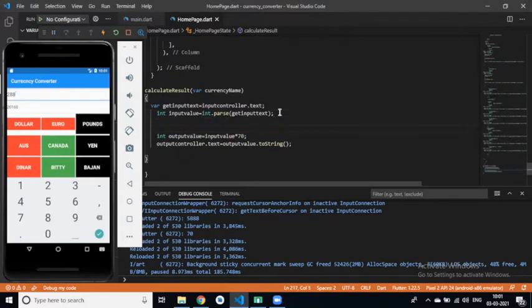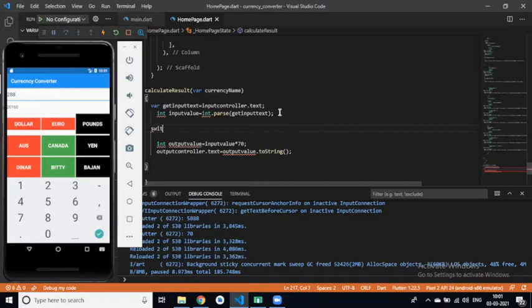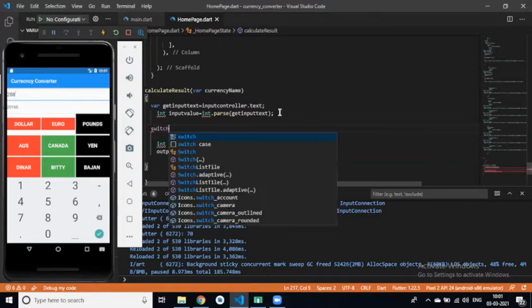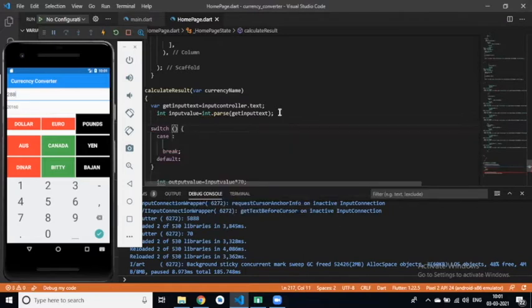Yes. So we will create a switch case statement. In the switch expression we will pass the currency name. Here I type case dollar.